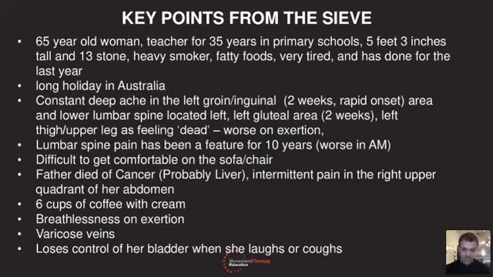Breathlessness on exertion. That's linking in to all of the problems with her cardiovascular system. So if she has got a problem with blood supply, and her cardiovascular health in general, when she exerts herself, she's going to be breathless. She's going to find it difficult to get going. And then we've got she loses control of her bladder when she laughs or coughs. It's one of those things where if she exercised and kept healthy, then it may not be a problem. But it could just be a problem because of having children.